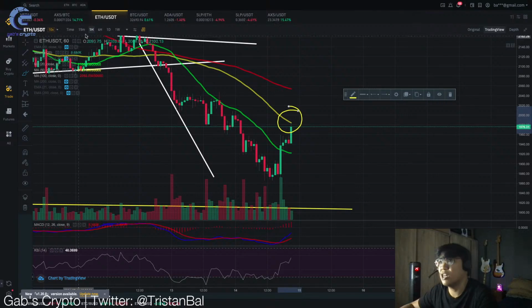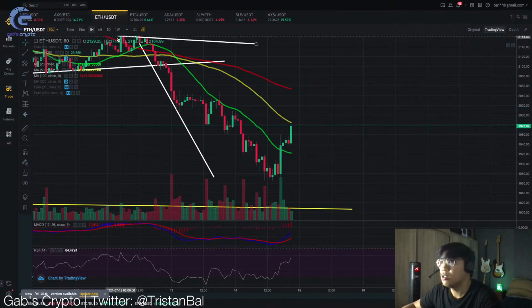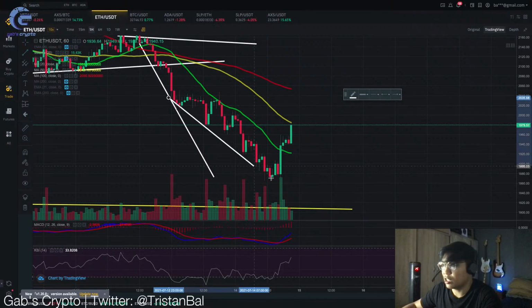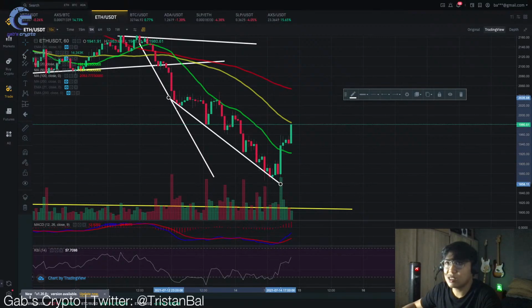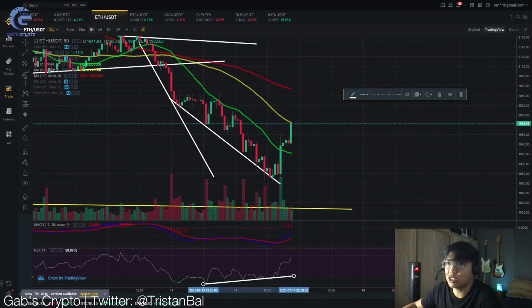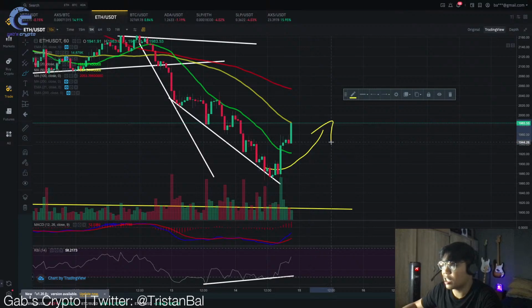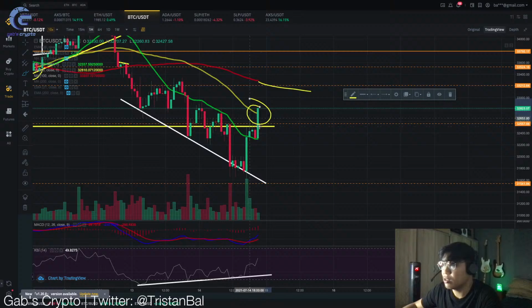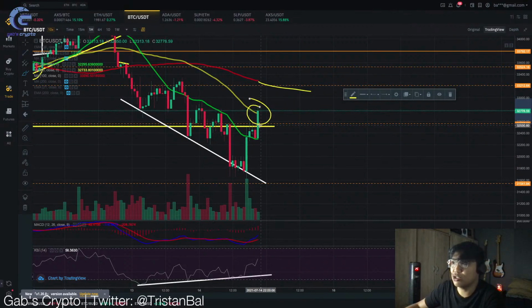So for the Ethereum price action, I don't think na may masasabi tayo for the short term other than the moving average. Pero meron din kasi tayo nagpo-form na, tingnan nyo to, guys, declining price and then increasing RSI. This would indicate na trend reversal to the upside siya. So kaya nakita tayo ng pump dahil sa kanyang bullish divergence, at the same time, Bitcoin is pumping. So ngayon, Bitcoin is currently pumping. I hope you have been buying the dip kasi the more na nagpa-buy kayo ng dip, the more niya na ma-maximize yung compounding profit.